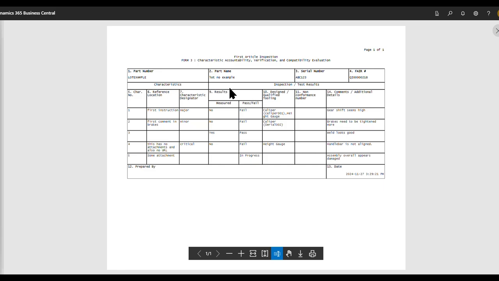The first article inspection report is going to be following the standard convention. So the characteristic number here represents the balloon number or the bubble number from the quality inspection template. The reference location, we're going to notice here, comes in from the first